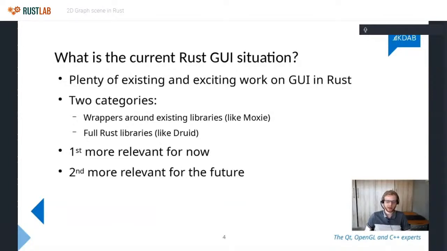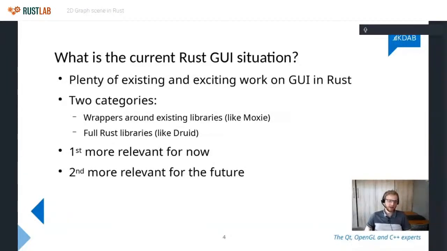They are doing layout, state management, rendering, all of that complicated stuff. Whereas something like Moxie technically only does state management in a way. I guess it does a bit more, but it really leans on the underlying libraries to do the heavy lifting. Whereas Druid does all the heavy lifting except rasterization at the moment.